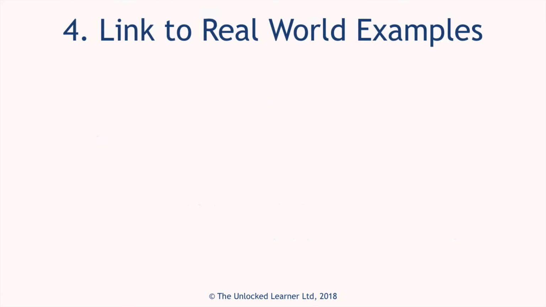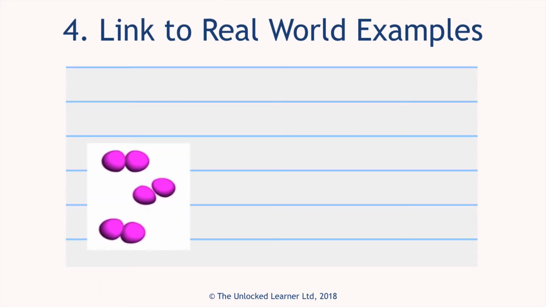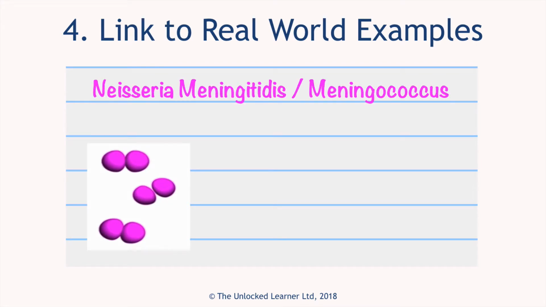By linking this learning to real-world examples, we were able to remove even more text and move further away from that boring, ineffective read-repeat rote learning strategy. So we took each bacterial strain and added additional visual and linguistic prompts to memorise its name and pathology. We started with this one, Neisseria meningitidis, also known as meningococcus. It appears pink, so as we've just learned, that means it's